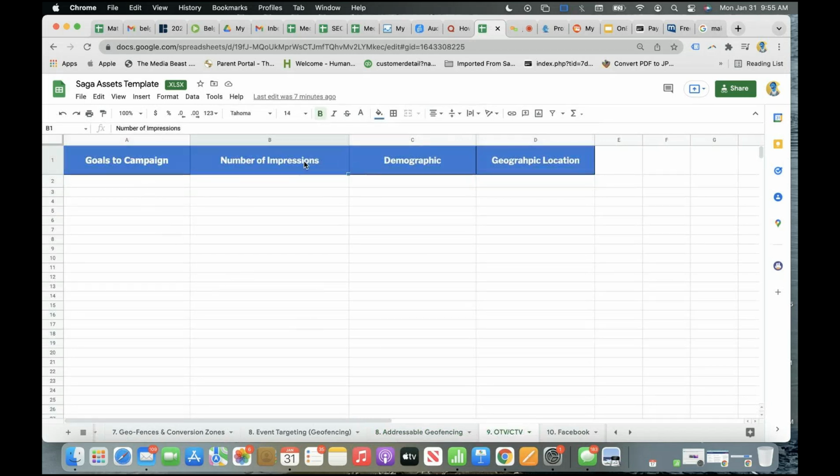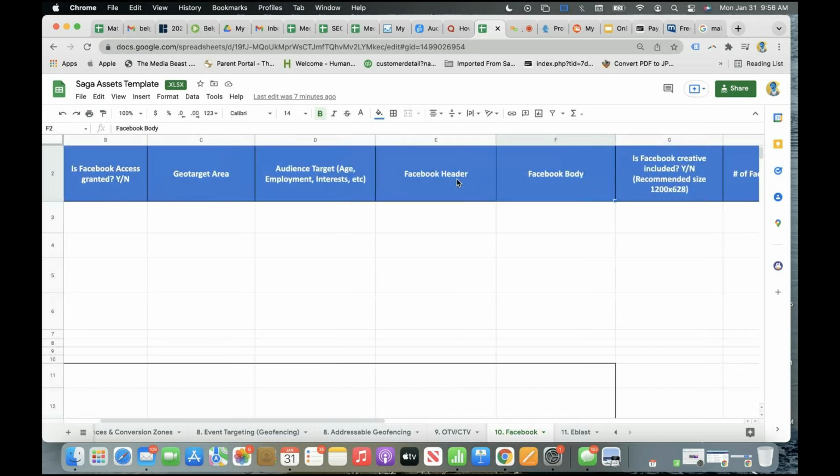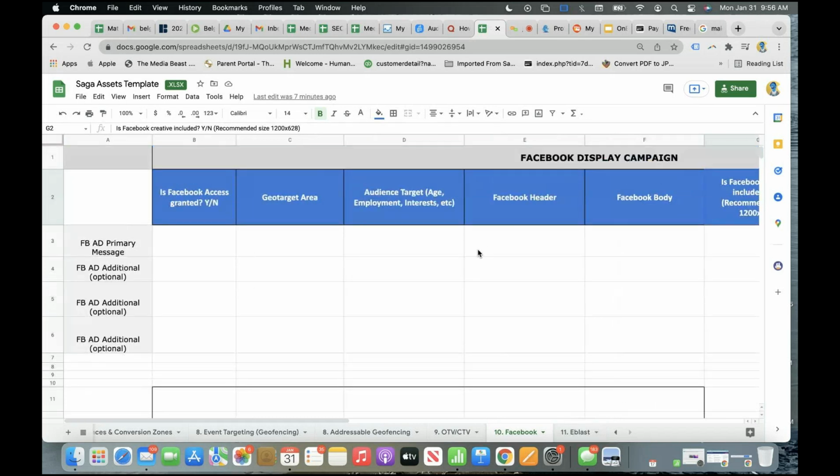OTV and CTV, goals, number of impressions, demographic, and geo. And any other miscellaneous information that you wanted to add, you can add in there as well. Facebook we covered. Do we have Facebook access? The geo target area. Tell us about the audience we're looking for. Any copy points from the headline of the ad as well as the body. Are you including creative? So as you can see, when we have this filled out,